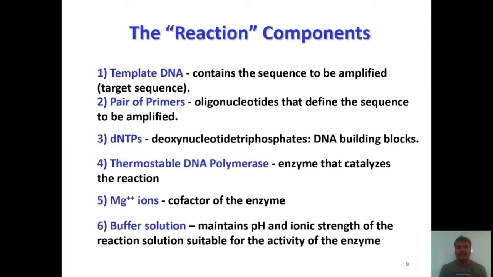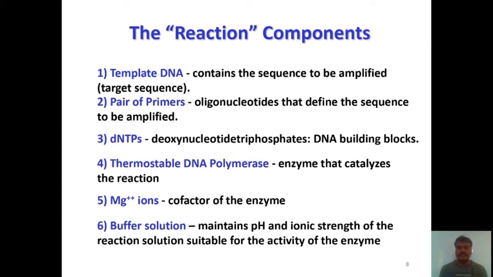Okay. Then the fourth one is polymerase enzyme. Here the DNA polymerase enzyme should be thermally stable. Why? Because we are doing the reactions at high temperature, so your polymerase has to withstand high temperature. So you have to use thermostable DNA polymerase enzymes. We'll see what the different types of commercially available polymerase enzymes are later.